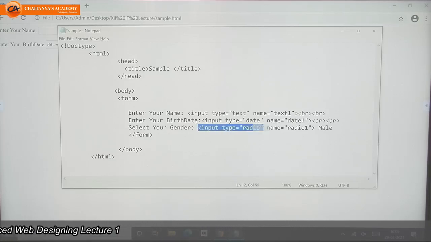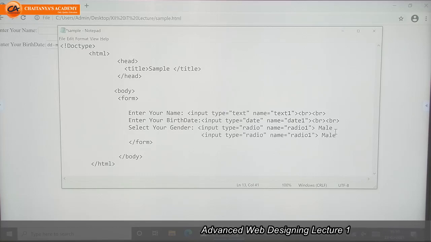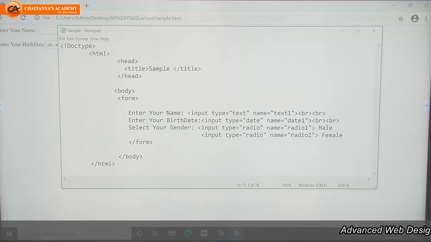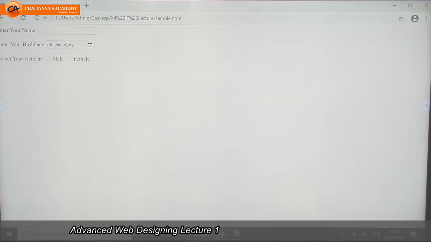The same I want to display for female: Female. Other. Select your gender. Male or female.